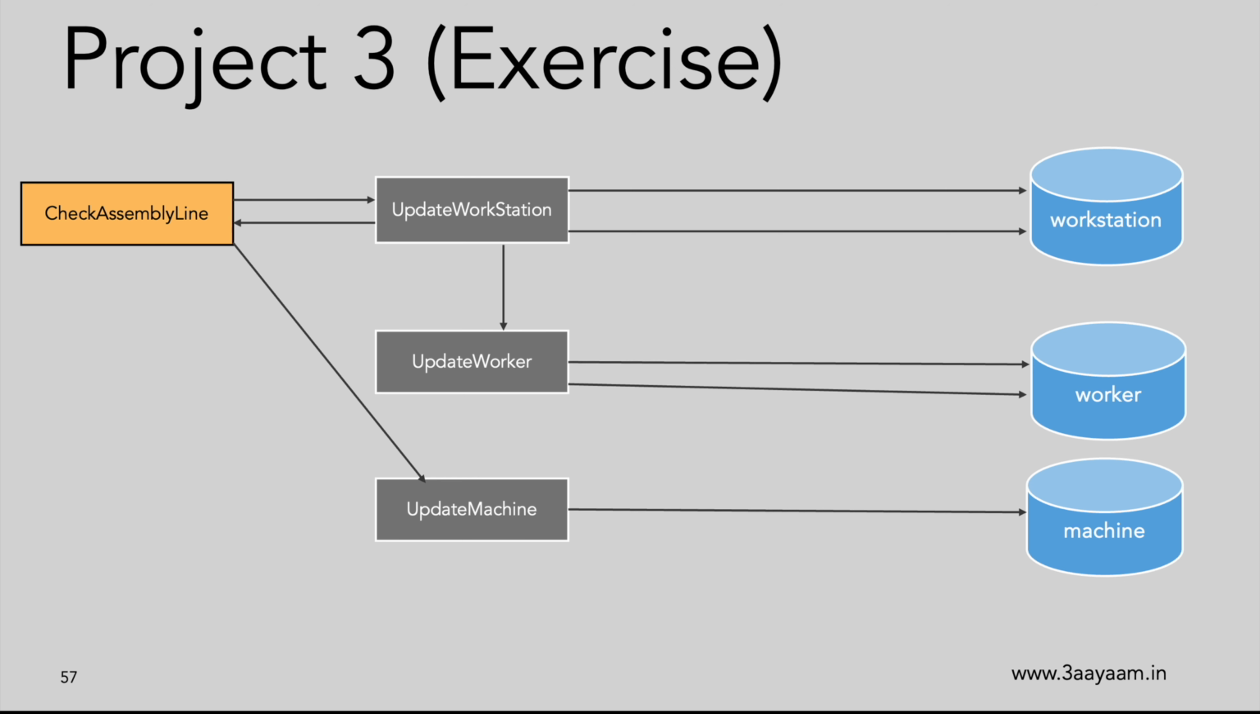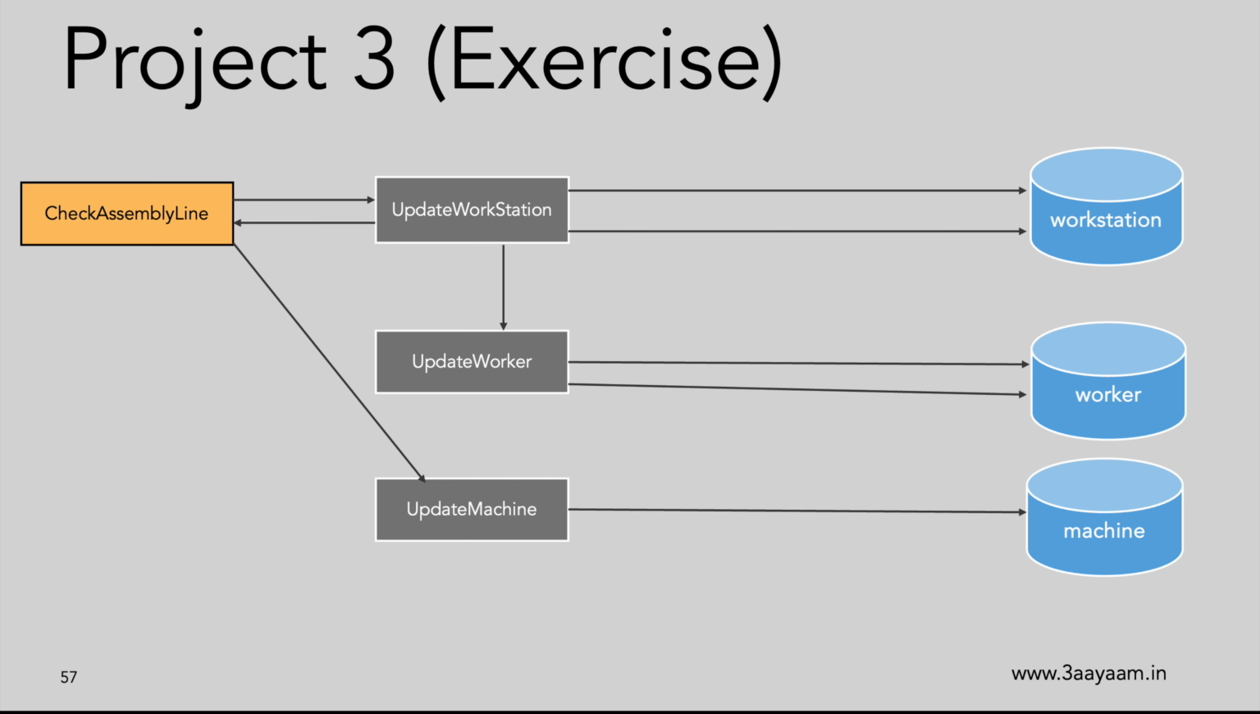In production, what would happen is that all these updates would come from a device. Whenever there's a job done in the assembly line or in the workstation, a device would be used to update that job or update that work. Here we'll be using Postman, but in a real life scenario, an actual device would be used which will call this check assembly line API or update assembly line API to update the status of the work